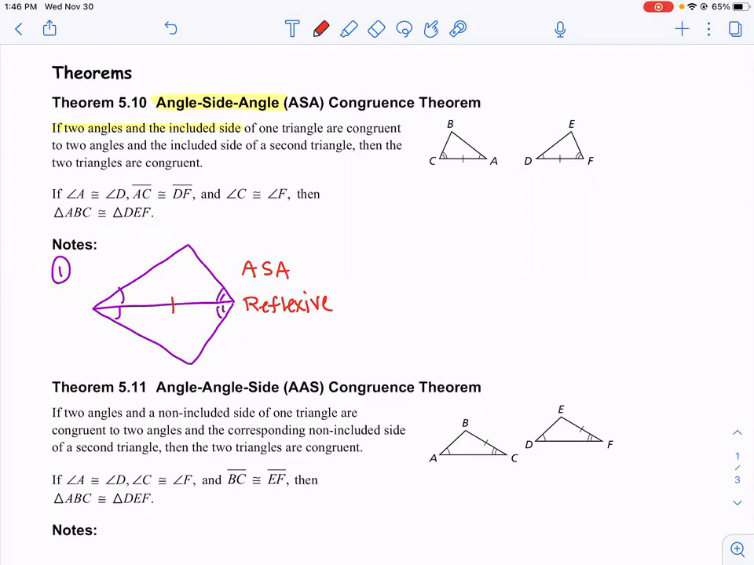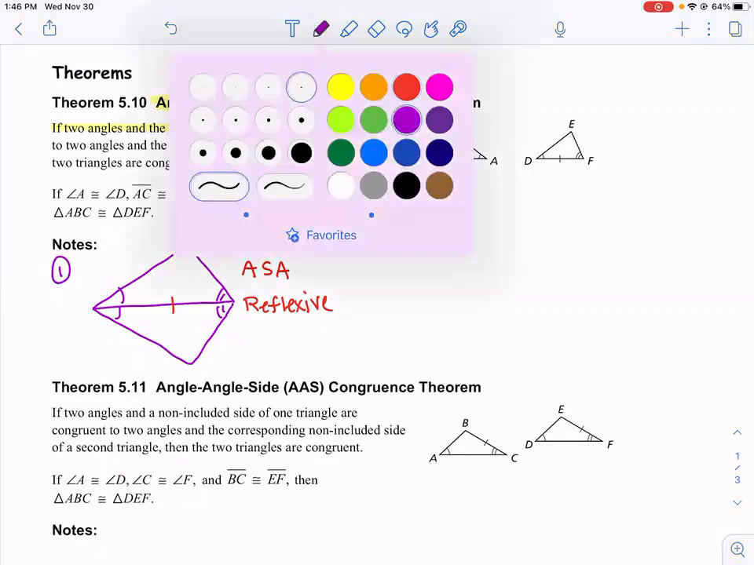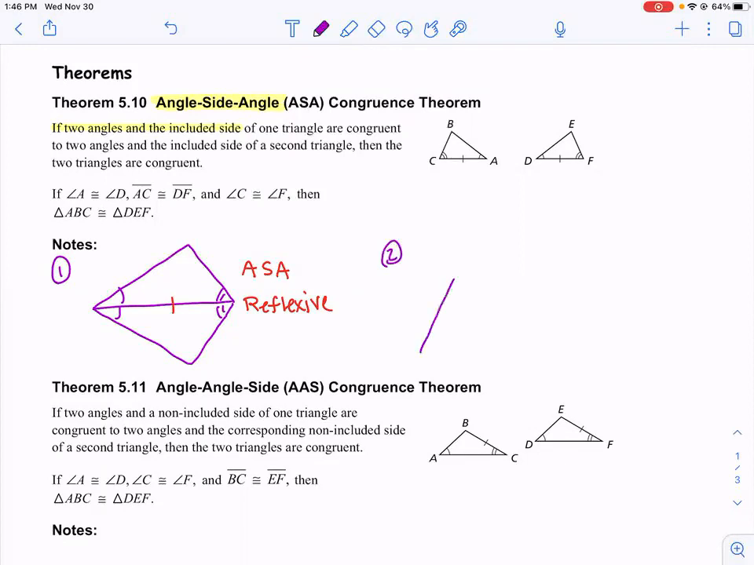Okay. Let me draw another picture. Why do you like slant? All the same. I know, why can't we just